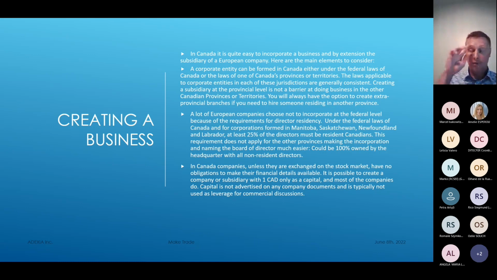Sometimes you have models that are a bit more complicated, where there is a holding in Europe that owns the company, and then that holding is going to own the subsidiary as well. And so there is no direct connection between the European company and the Canadian company. So you just have to be careful with that situation when it comes to immigration of employees, because if there is a direct relation between the European company and the Canadian subsidiary, it's very easy to